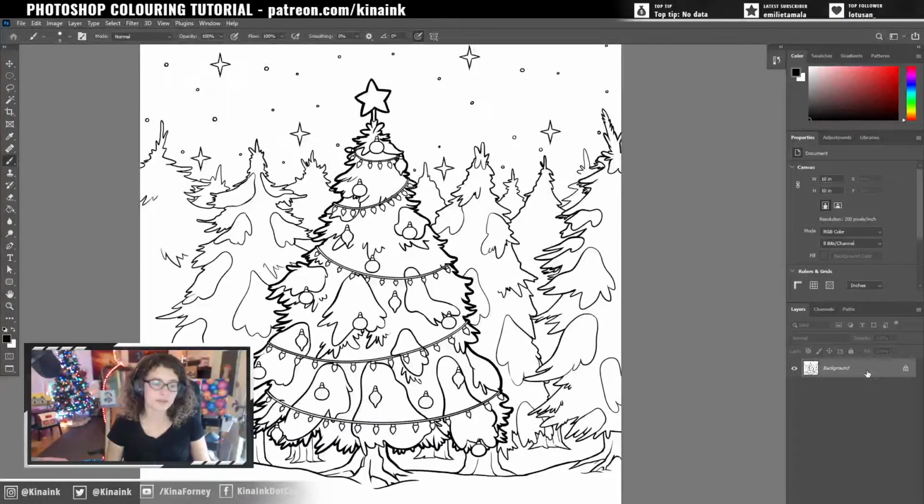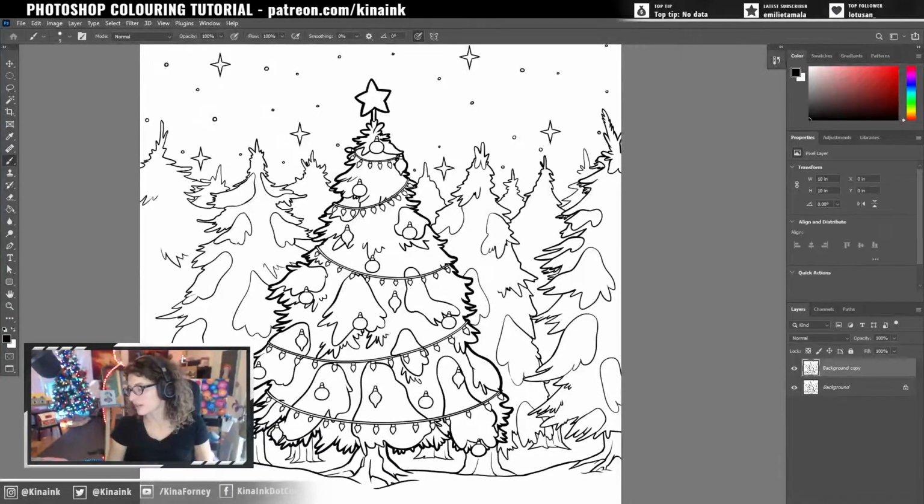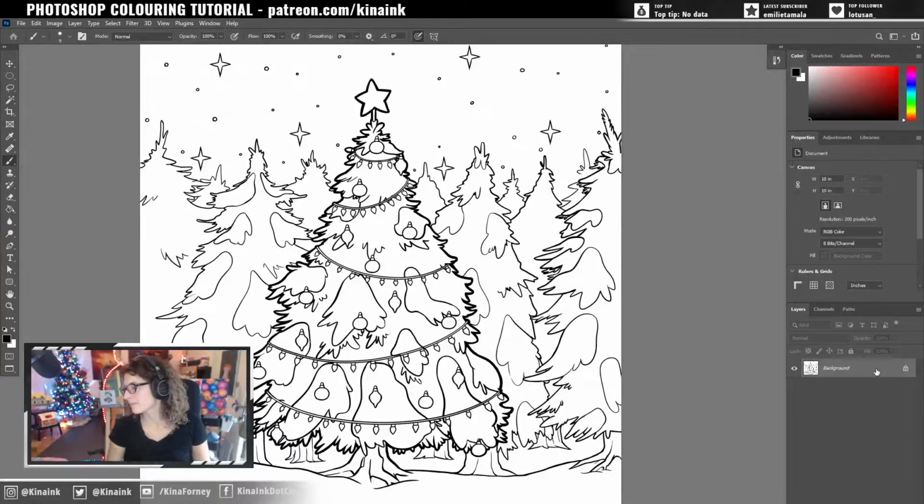So what we have to do is we have to change it into a regular layer. You can either double click on it or you can drag it to the new layer. Oh, sorry, that just duplicates it. Never mind, that's another thing altogether. Yeah, I think we'll do that. So you can either right click and say duplicate layer,